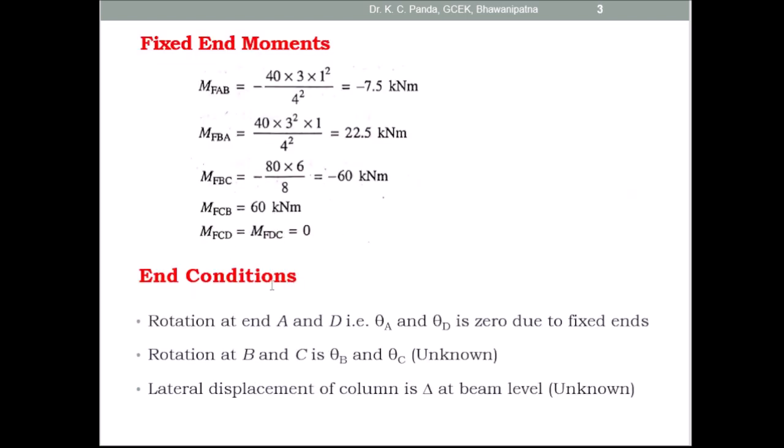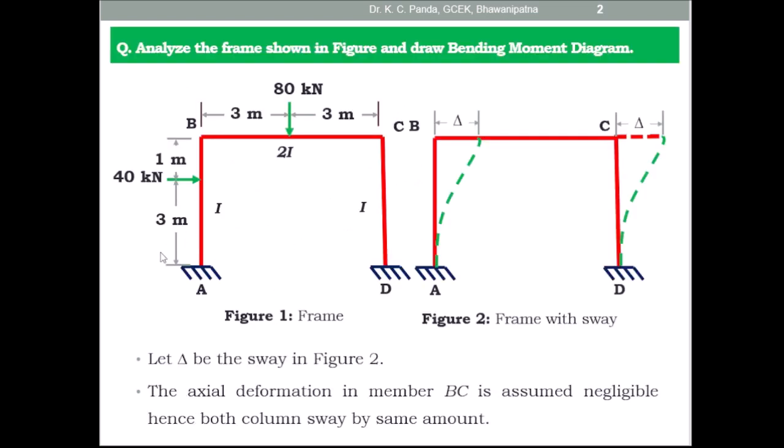Then what are the end conditions? As you know, at the fixed end there is no rotational displacement. So theta A is equal to 0. Similarly, at support D, due to fixed end, here also there is no rotational displacement, so theta D is equal to 0. And at the joint B the rotational displacement takes place, that is theta B, and at joint C the rotational displacement takes place, that is theta C, and the translational displacement delta takes place